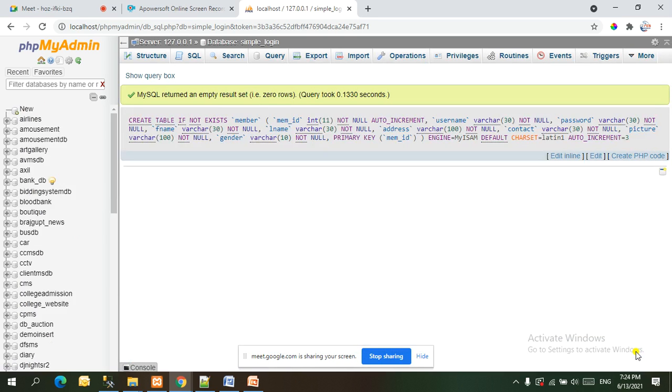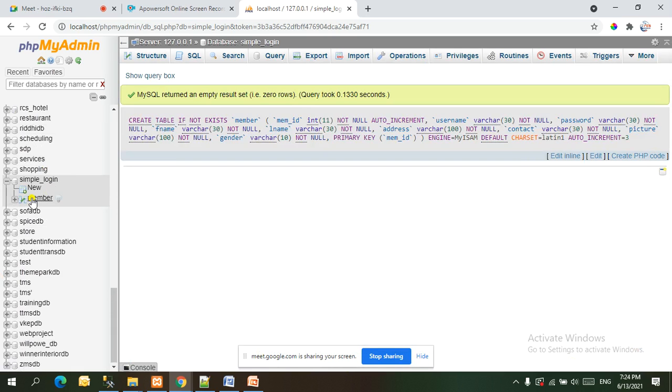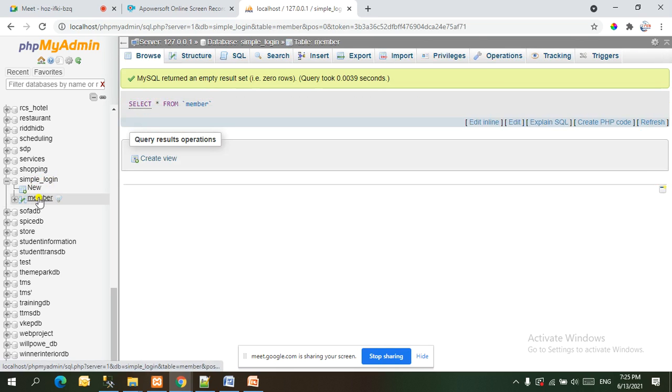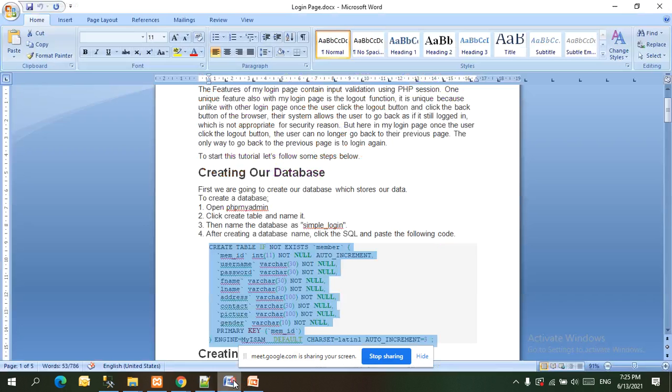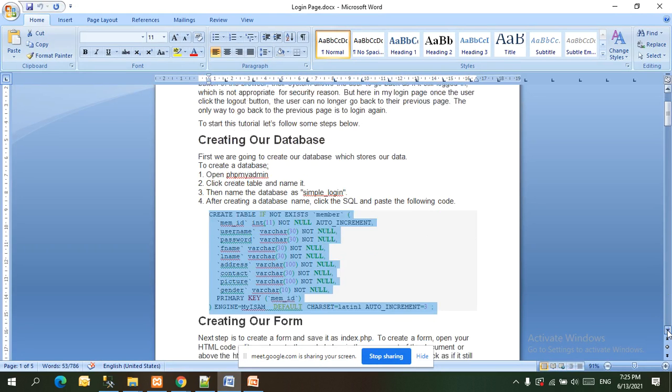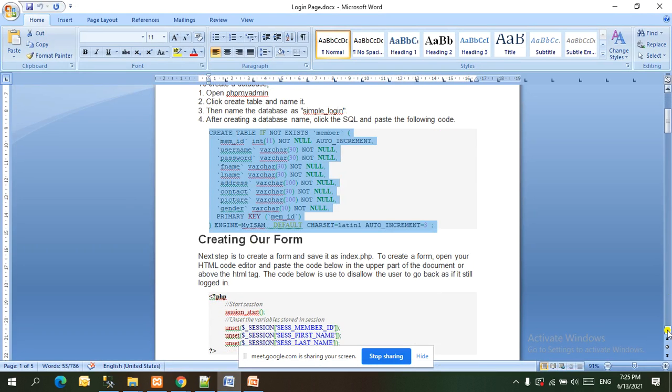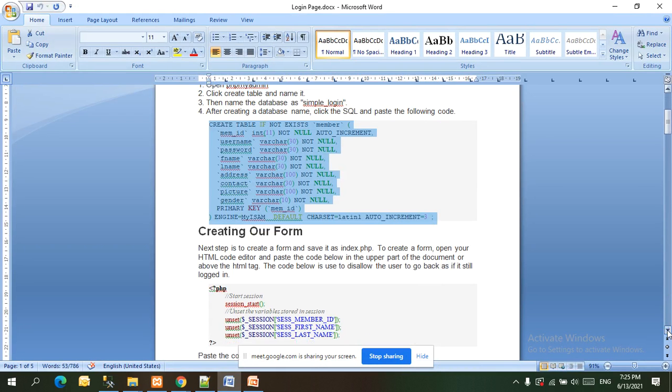So guys, this table got created. Here see, this table came. So now inside this database we can see a table, and that name is member. If you click on member, you can see some query or some data. If data is there, it will be shown, but right now there is no data, so it's not showing any data. So let's move further and insert some data here. Okay, so fine, it's not required right now. If we require it, we will insert once our form is ready.